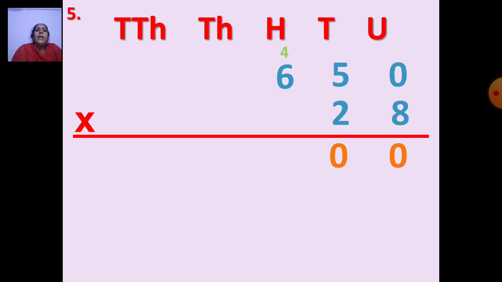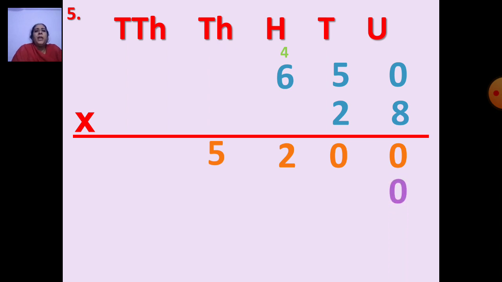Now you will multiply 8 with 6. So you have to say table of 8. 8 6s is how much? 48. 48 plus 4? 49, 50, 51, 52. So both the numbers you have to write down. That is 52. Now you will multiply the second number. So before multiplying you will put 1 0.